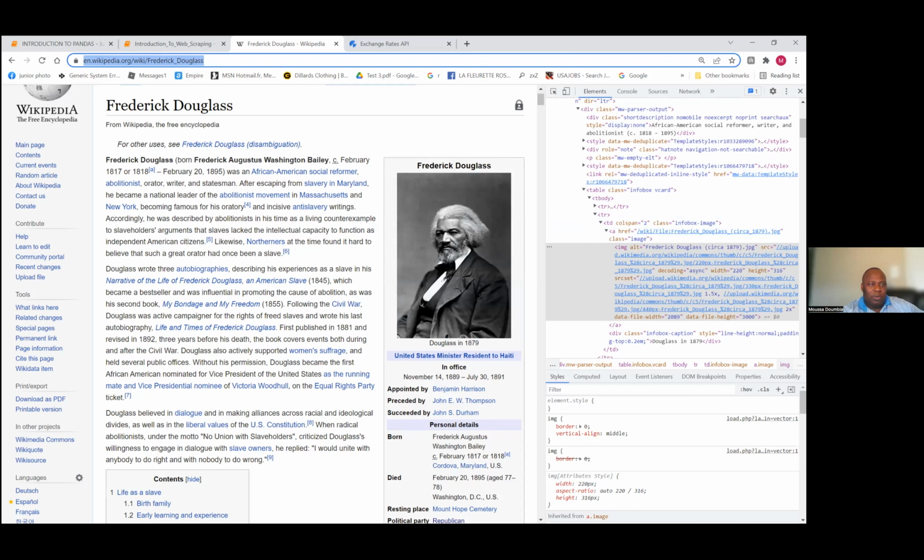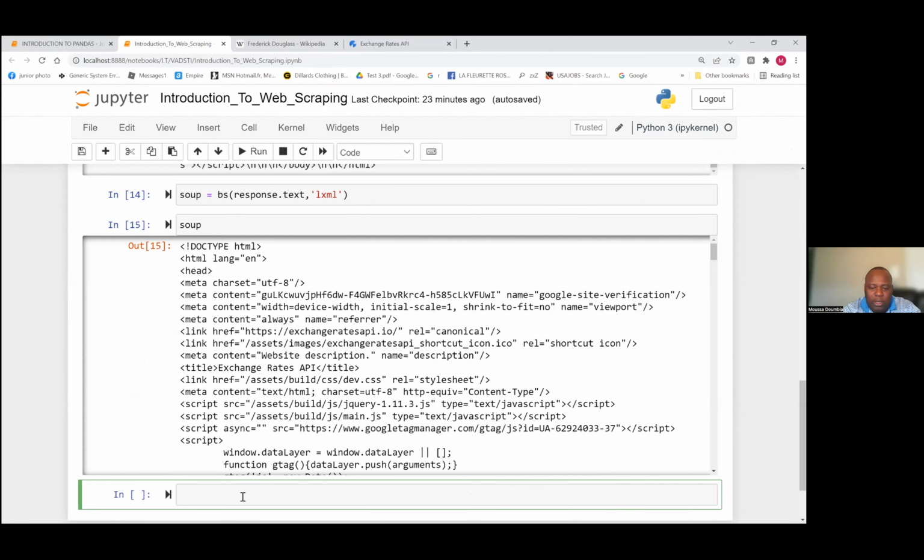So let me do that. I will say my picture. Let me go back to, I will say my picture is equal, right? We're gonna get the soup. Soup got a method called find. Right? So I'm not gonna look for find all. I wanna get only the one that have a particular. So class is a keyword. If I don't use this, it would not work. So I would say class equal this info box